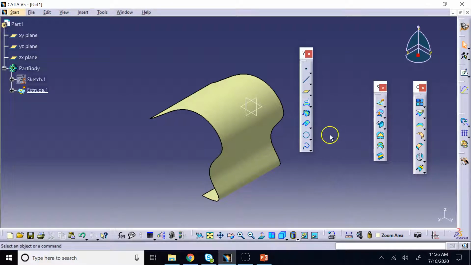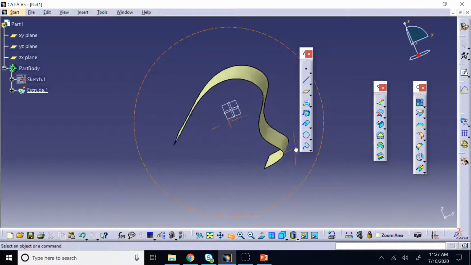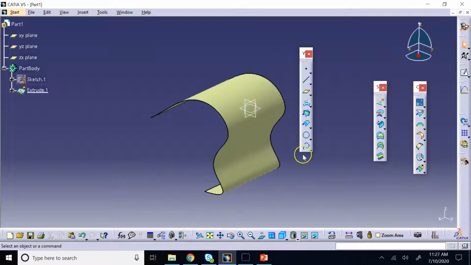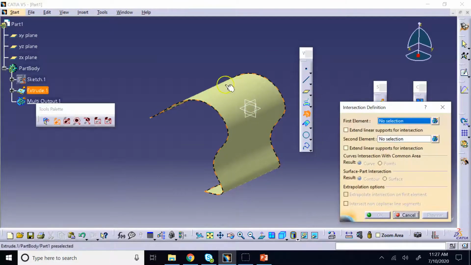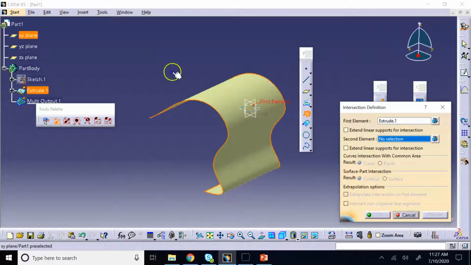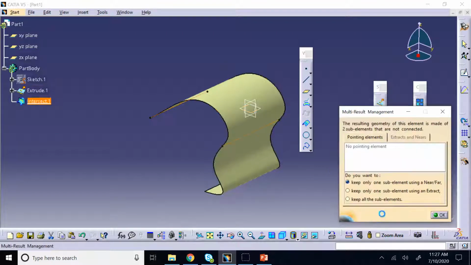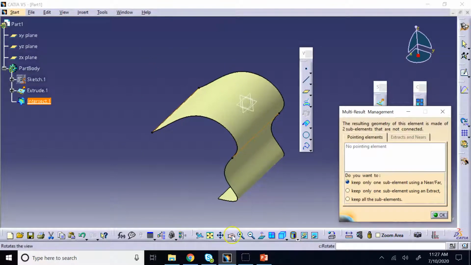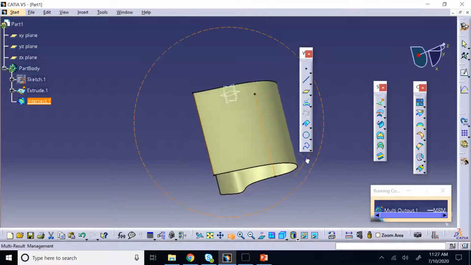Okay, so for example, let's say what is the intersection of this surface with the XY plane. So we click on intersection and say what is the intersection of that with the XY plane, and there we go. You see, the intersection is basically two curves that you can see here,